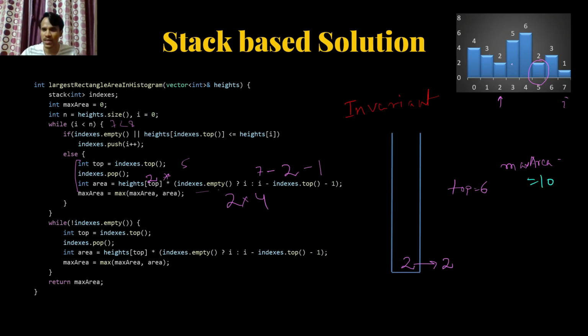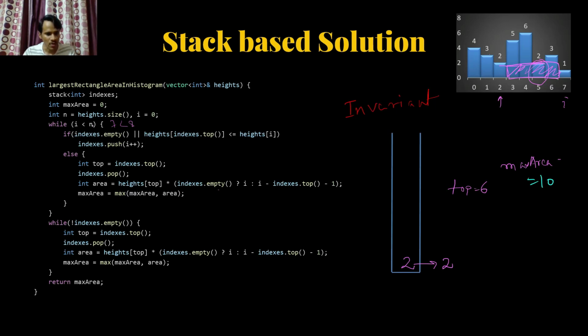So this is basically, considering this as minimum, we find the area from here to here, this area. Okay, so again, after finding this, since the max area is not updated, since 8 is not greater than 10, we